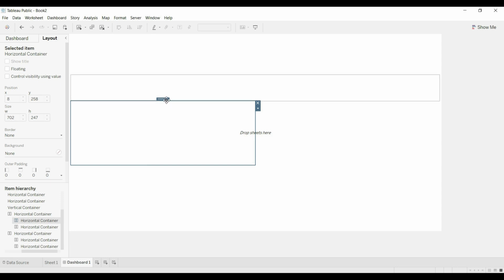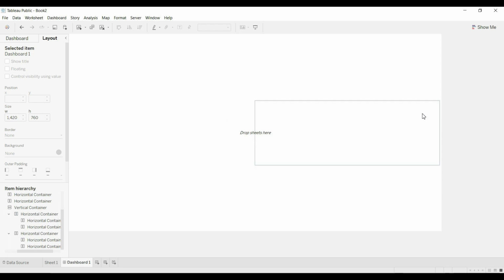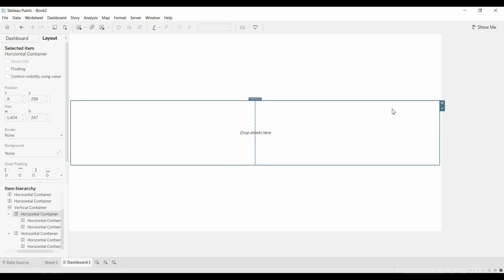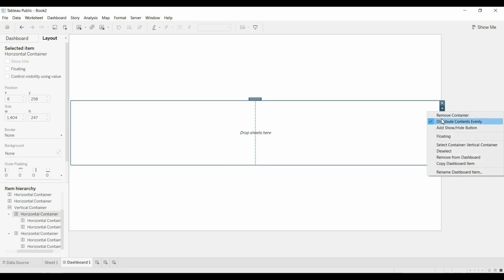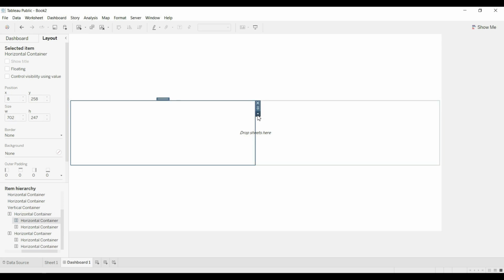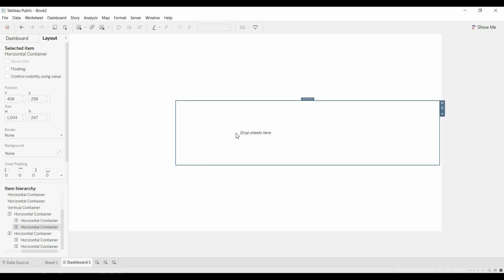So what I can do is, from this I can remove this distribute containers evenly, and I can have a specific width for this. For example, I can fix it to 400, right? So this will be for the pie chart and this will be for the grid chart.